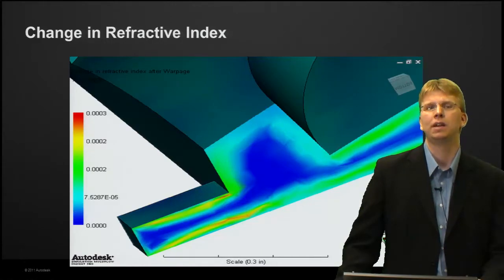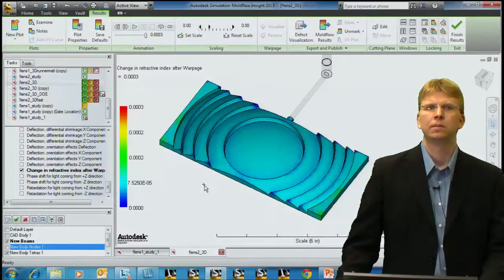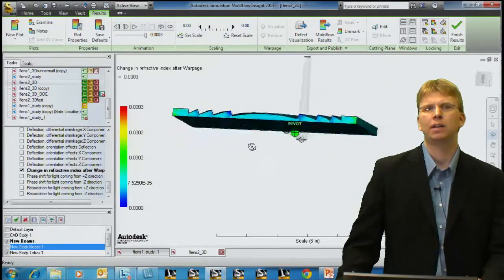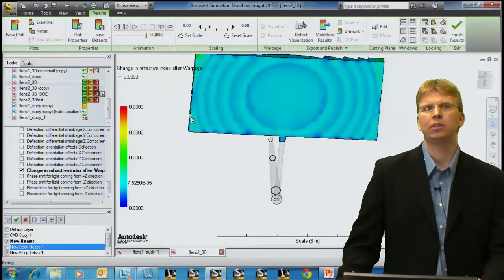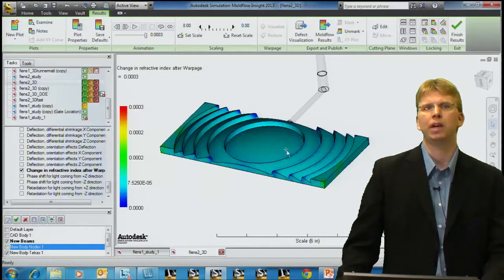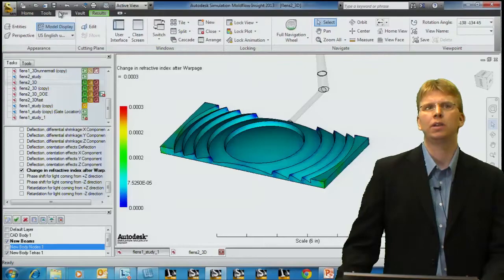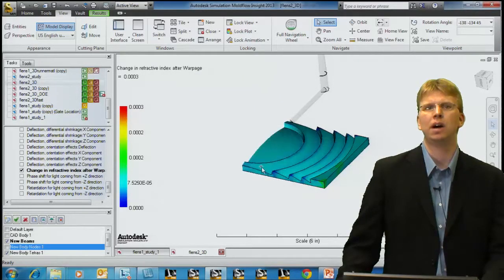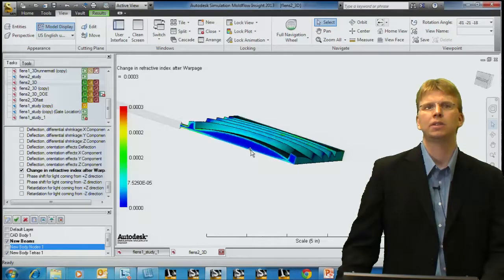So let's take a look at the change in refractive index plot in the software. Here we have the change in refractive index after warpage plot inside of the Insight software. And we can see that there is variation between the thick and the thin areas on the Fresnel lens. We can also take a cutting plane through the model and see some of the results through the thickness. So if we go in under View, edit the cutting plane, and put a particular plane inside of the model itself, we can rotate around and start to see